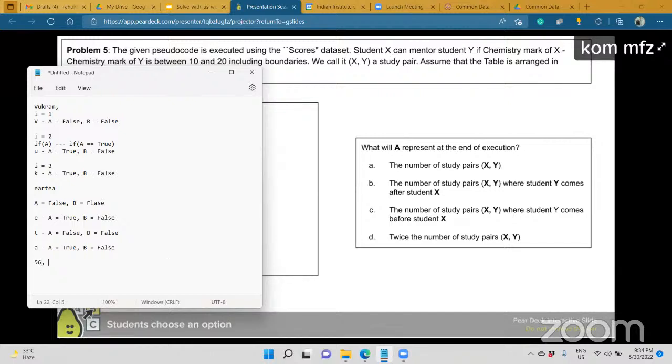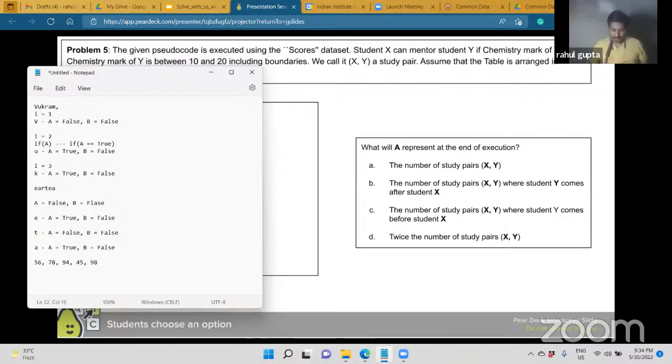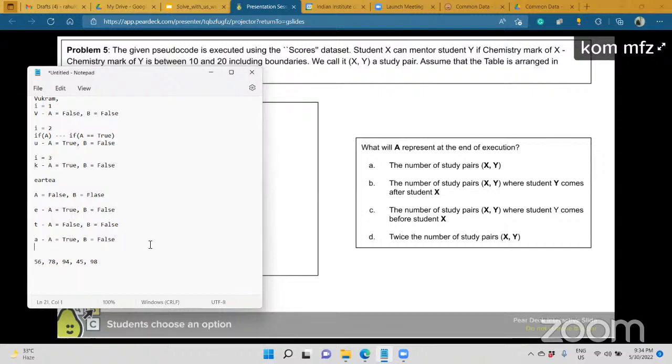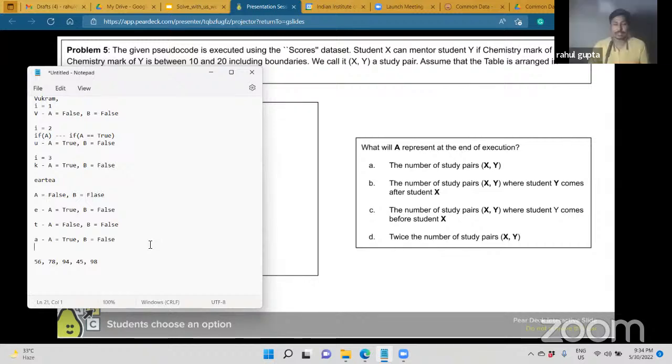I thought the ascending. It doesn't matter. That's what I'm saying, guys. It doesn't matter whether Y comes before or X comes before, it's only the pair. No, in this question, this is not like that. Order matters. Sir, order matters because it says what A represents. So I guess the answer would be B, because the first card which we get will be X and the second card will be Y. Right. So that's the answer actually. Option B is the correct answer.